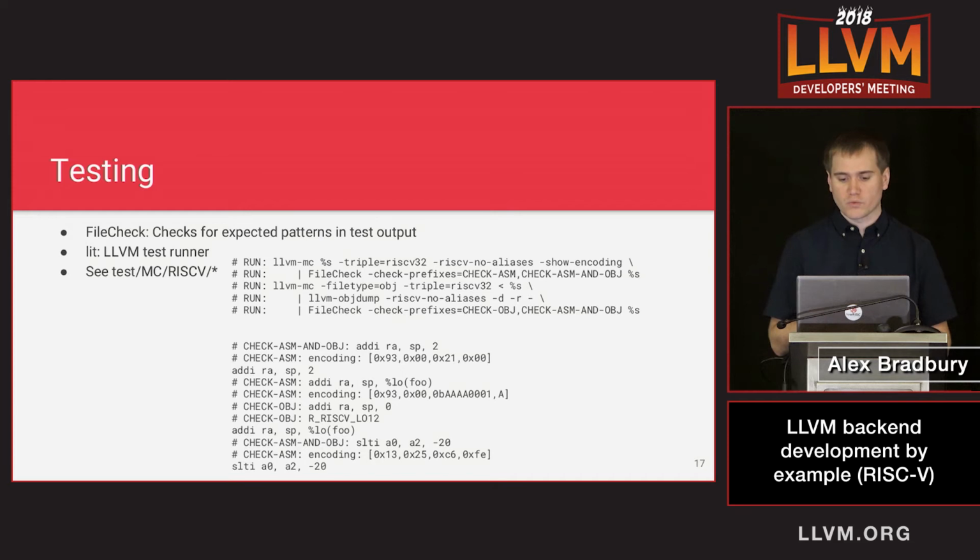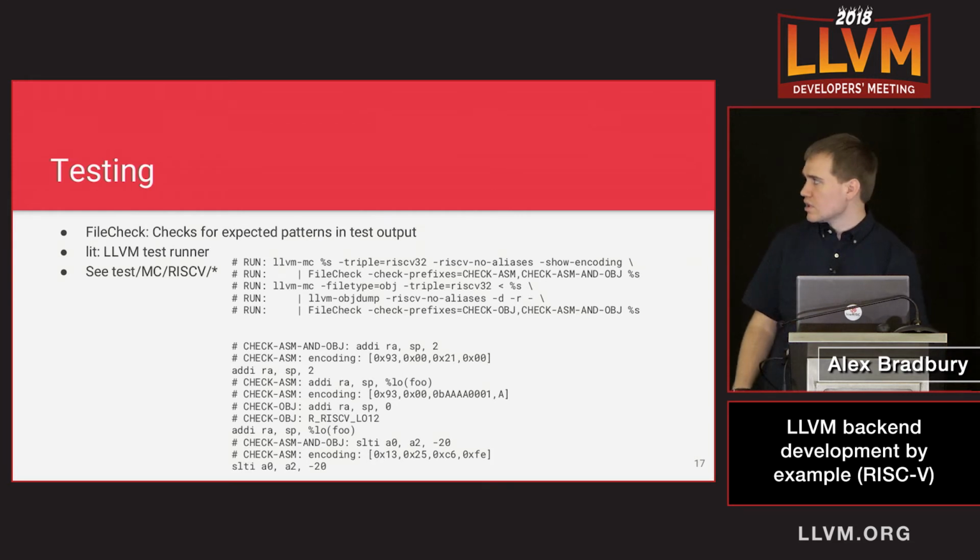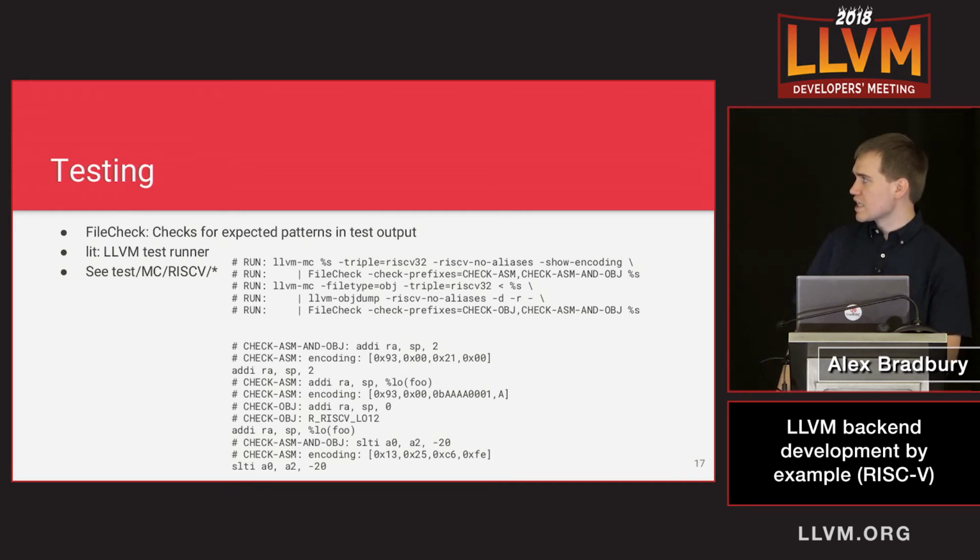There's FileCheck, which is effectively a helper which will check for expected patterns in the test output, and there's lit, which is the LLVM test runner. There's not much I have to say about lit other than you just need to know that that's a tool you'll need to execute to run your unit tests. But all of your tests will make use of FileCheck, as we're doing here. So these run lines, they're interpreted by lit. They specify what needs to be executed in order to